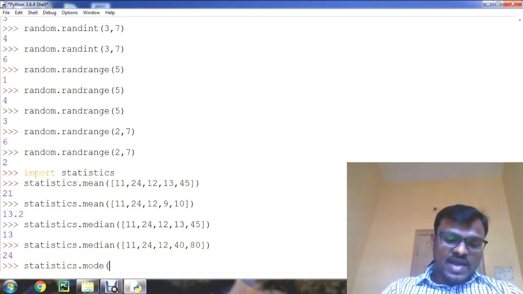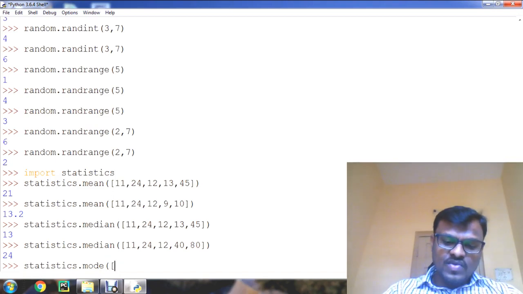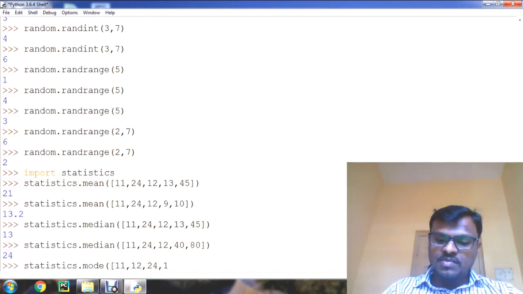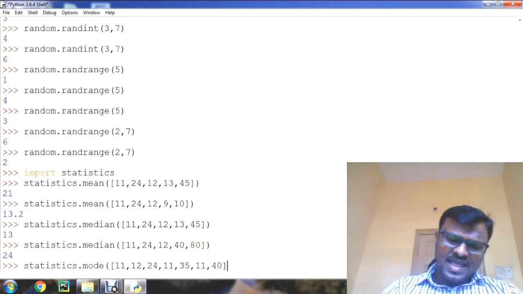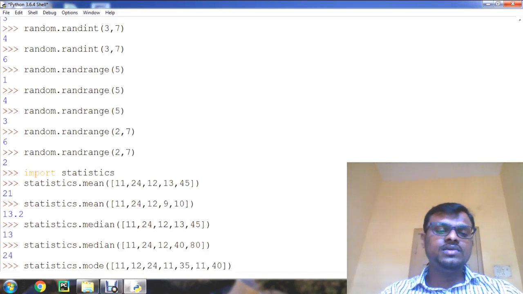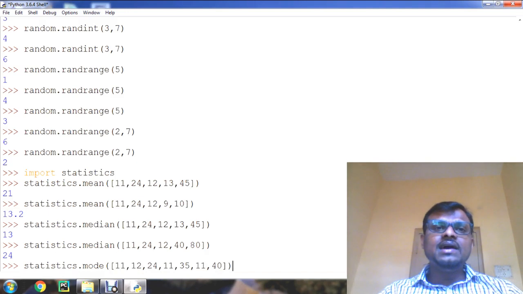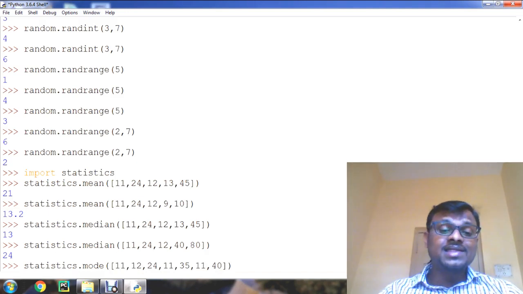For example, if I give the sequence 11, 12, 24, 11, 35, again 11, 40, it is going to check which value is repeated more times, and return that value as the output.